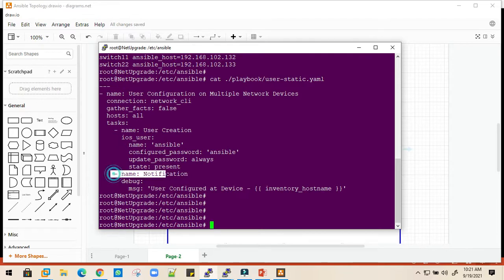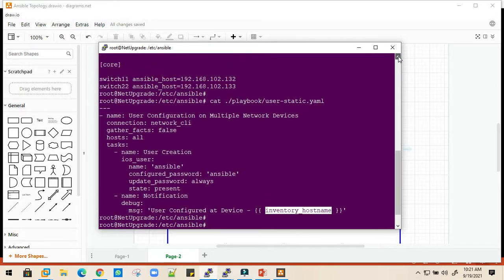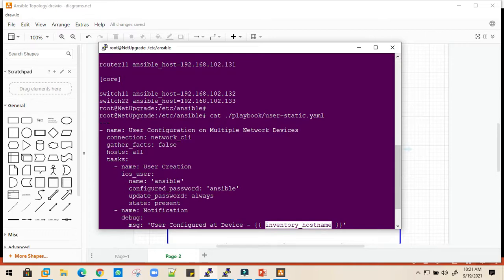So this is the second task it needs to play, and in the debug module we have the msg parameter, which gives us an on-screen message that the user is configured on this device. This is one of the variables picked up from the inventory file. Once it has logged into this device, it will confirm that the user is configured on switch 11.